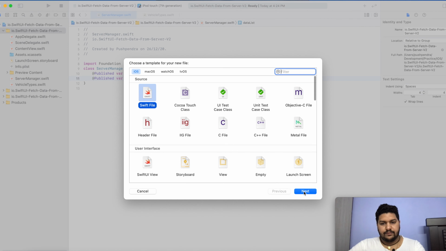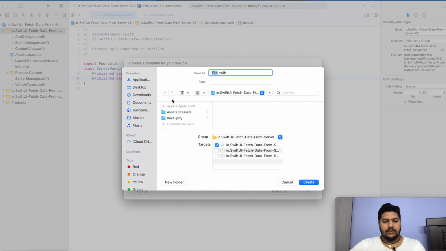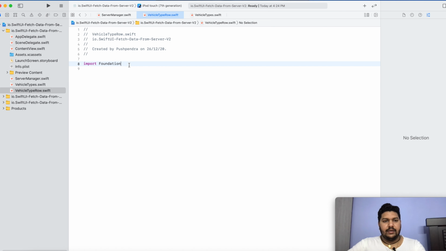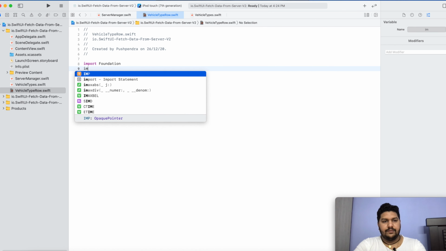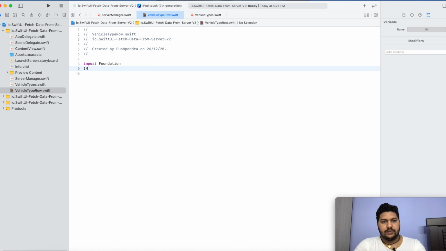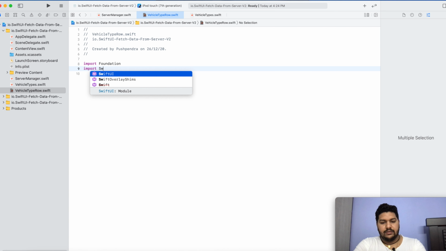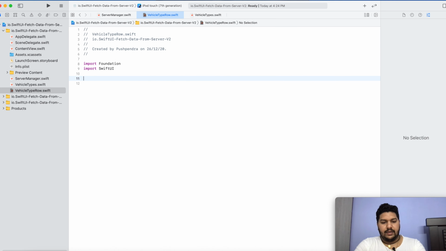So this will be VehicleTypeRow, and I will copy this, and before that I will import SwiftUI. Here is a struct with this name, and it will be a View struct.